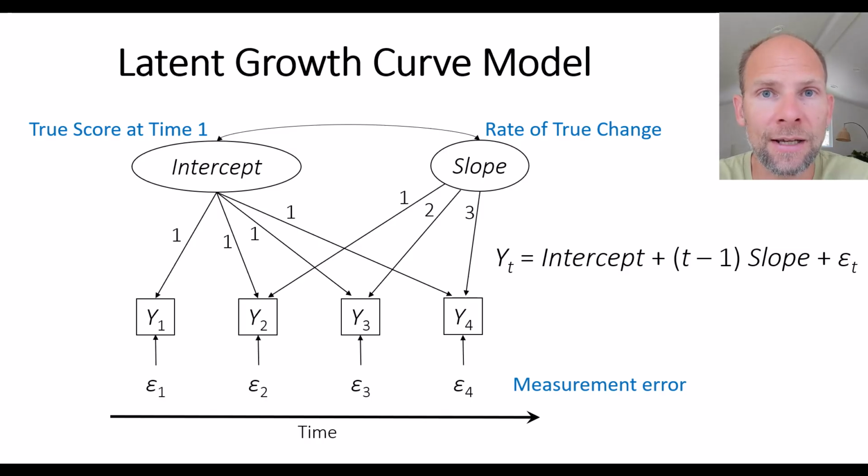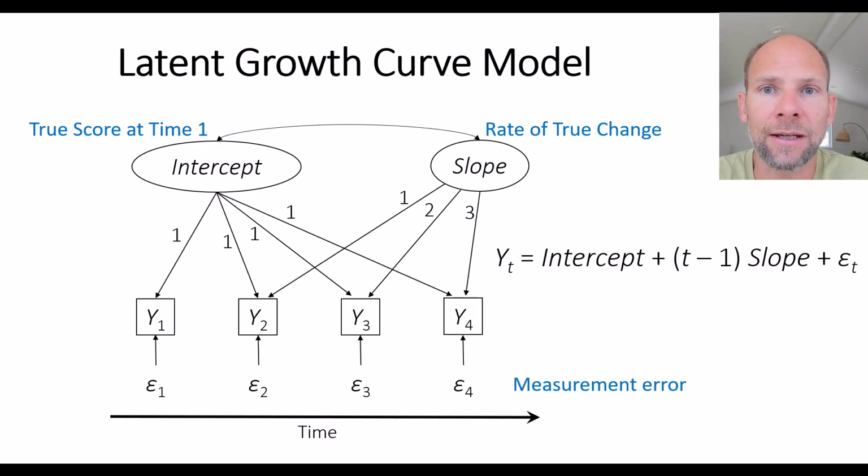Also notice that there's no fixed intercept in this measurement equation, so we don't have an additive constant here, and that's because the intercept is random. So we have a random intercept and we have a random slope factor, and therefore the mean structure of the observed variables is determined fully by the intercept and slope factor means,